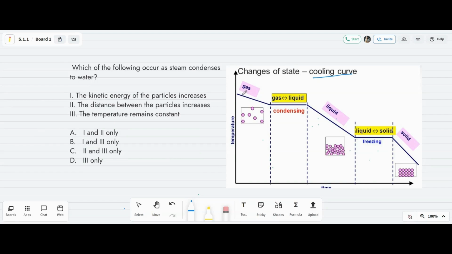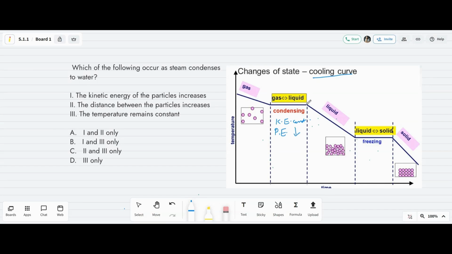So if you begin with a substance above its boiling point, it will be in the gaseous state. Cooling it will decrease its temperature as the particles will be moving slower and their kinetic energy will begin to decrease. Once it reaches its boiling point, it would start condensing. The phase will change from gas to the liquid. As temperature is staying constant, the kinetic energy is constant. And since the attractions between the gases is increasing as they turn into the liquid state, there will be a decrease in its potential energy.